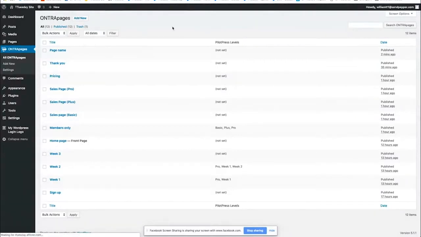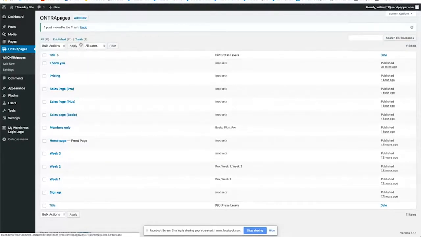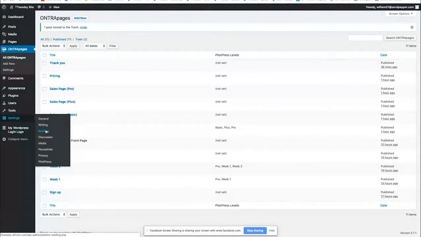Now let me come back in here, and let me just trash this really quick. So then what we'll see is that I've created pages for a number of different uses. I have the home page, which obviously we need for the site. Something that a lot of people don't know how to do, so I'm just going to show you this really quick here, but super important is how to make a particular Ontraport page be the home page of your site. And it's hidden behind this setting called reading. So when you come into WordPress and you go to settings and you click on reading,